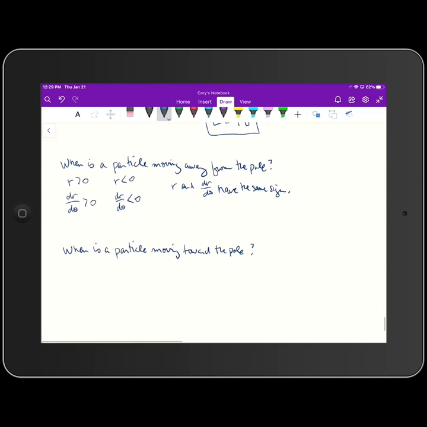Okay, so when is a particle moving toward the pole? There are two circumstances for which that is the case. That's when r is greater than 0, so you have a positive radius, and r is decreasing, which means that dr d theta is less than 0. So if r is positive and r is decreasing, the graph is moving toward the pole. And it's also going to be moving toward the pole when r is less than 0, which means r is negative, and dr d theta is positive, which means that r is increasing. So if r is negative and r